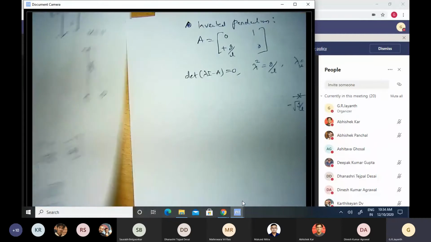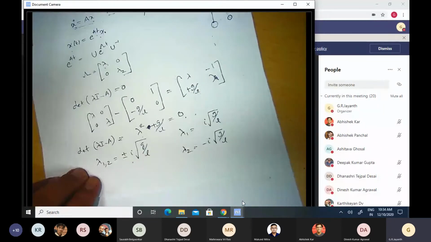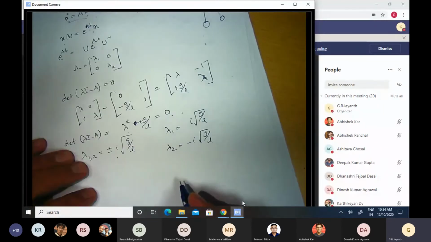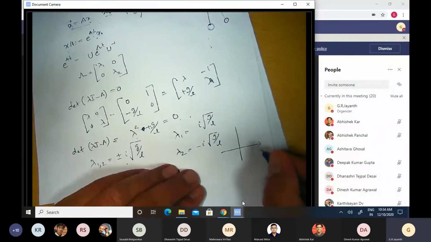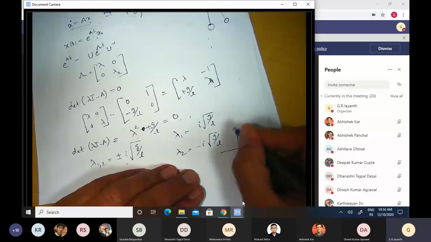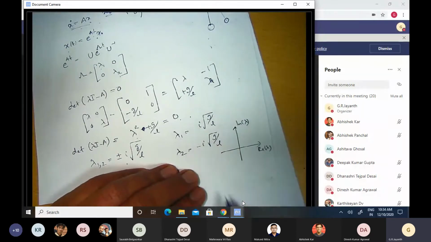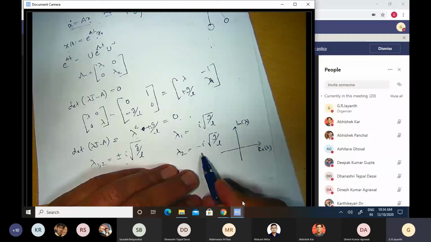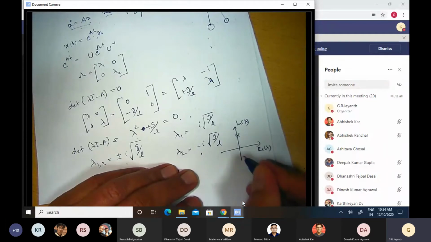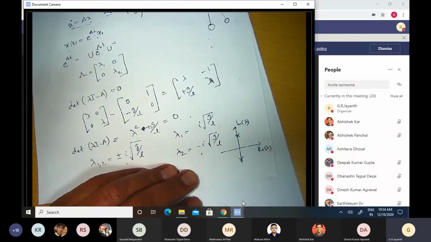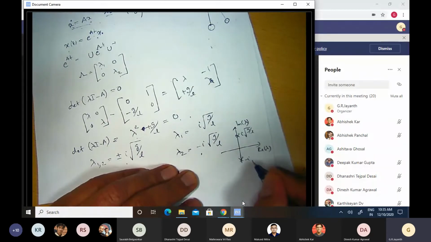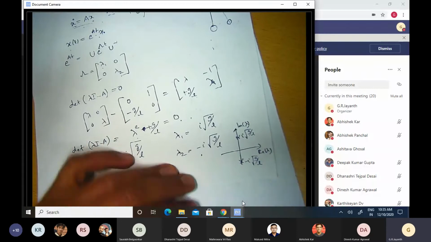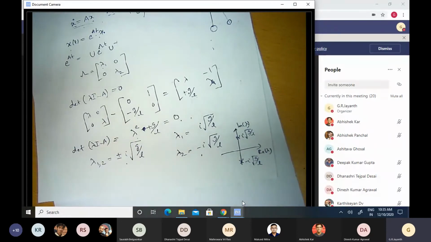In contrast, if I go back to that first problem that we solved, if I were to draw it, squeeze in this graph here somewhere, the real part of lambda, imaginary. Here, lambda 1 and lambda 2 both have 0 real parts. So you have both of them lying on the imaginary axis, one of them being i root of g by L, the other being minus i root of g by L. This locates the lambdas and it gives me information about the nature of the system.